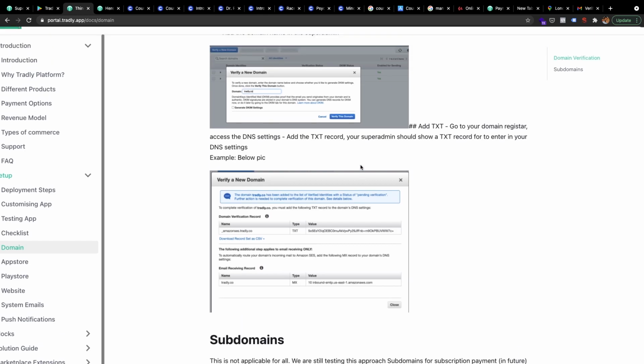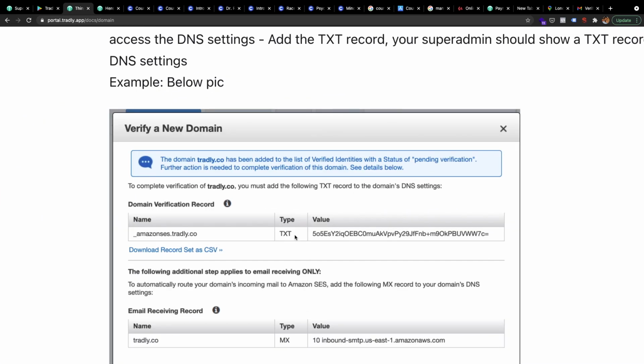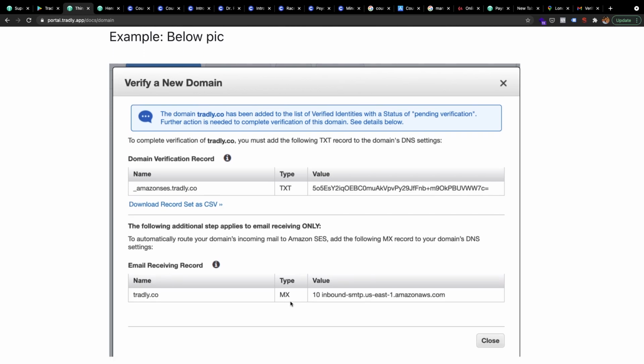Okay, so we need to verify the domain, and also we need to verify the email. For the email, it's very easy. You tell us the from email, we put it in, and then Amazon will send you an email. You just click the link to authorize. Once you click it, it is activated. Then for the domain verification, 3 things. You need to add a TXT record inside the DNS. You need to add an MX record,